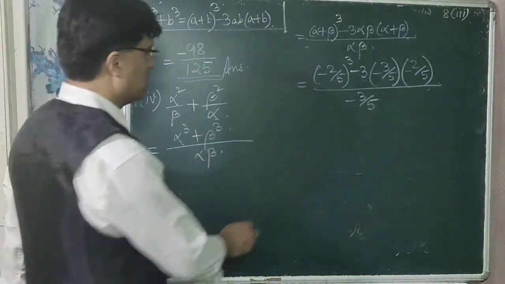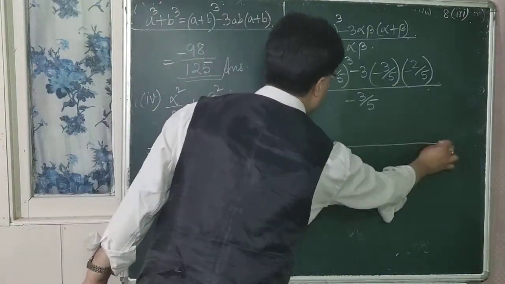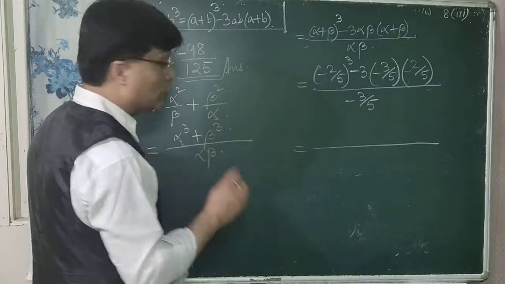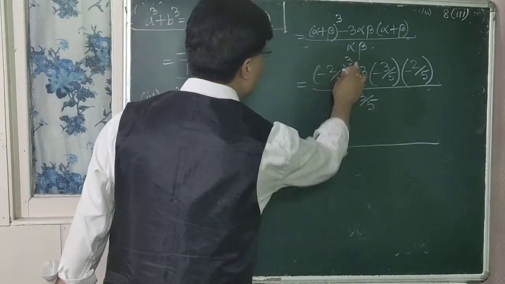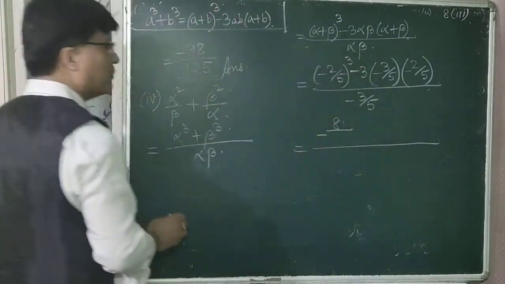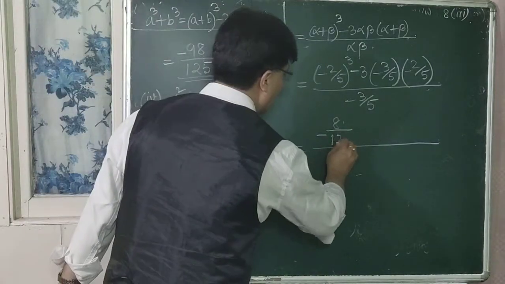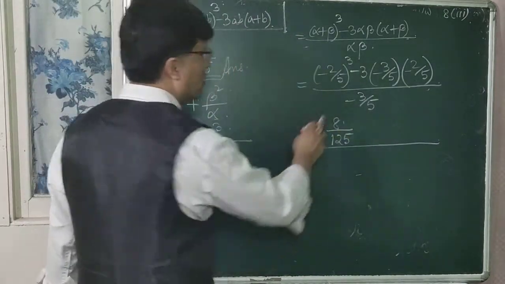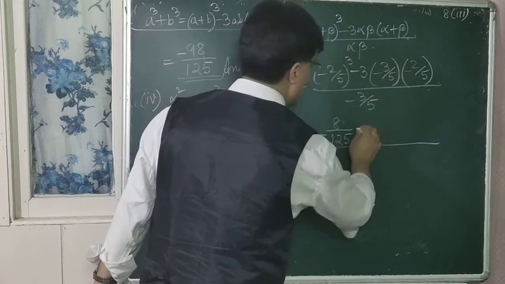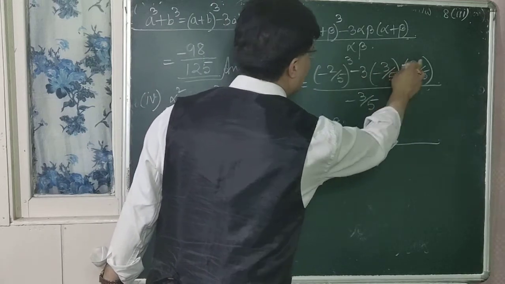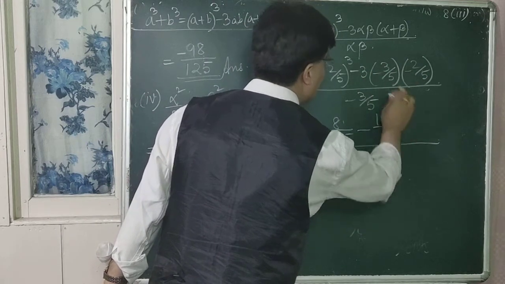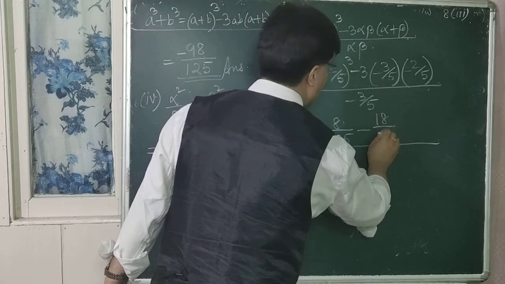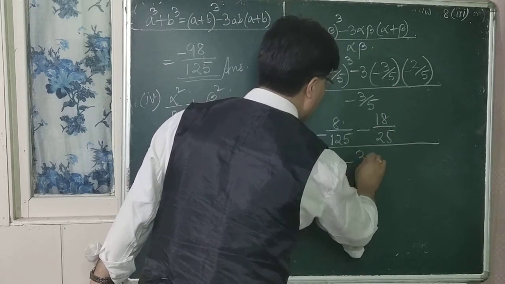So we have put the values. Now let us simplify it. So now, minus 2 whole cube is 8 divided by, what is 5 whole cube? 125. Minus into minus plus, plus into minus minus. 3 3s are 9, 9 2s are 18. Divided by what? 5 5s are 25. Whole divided by